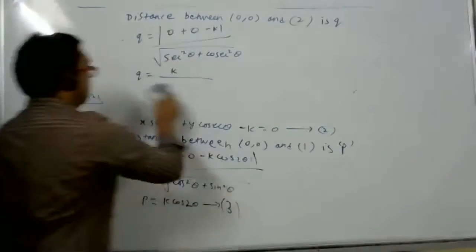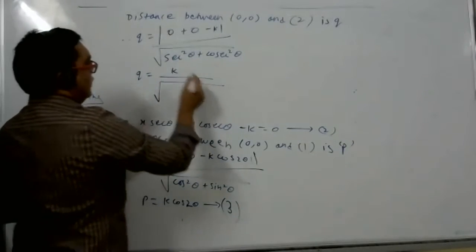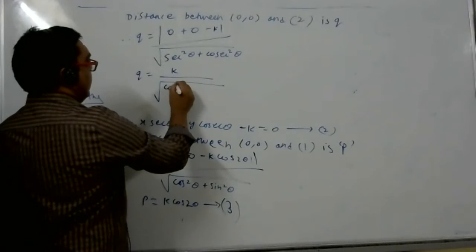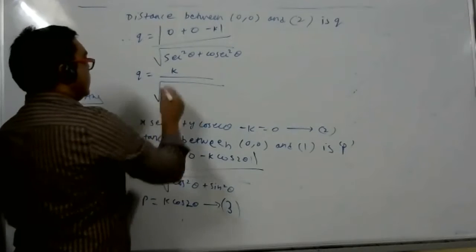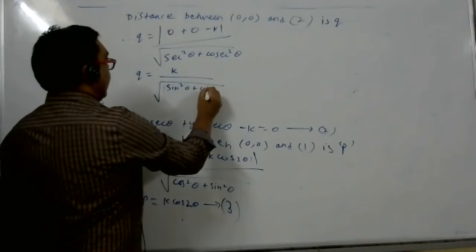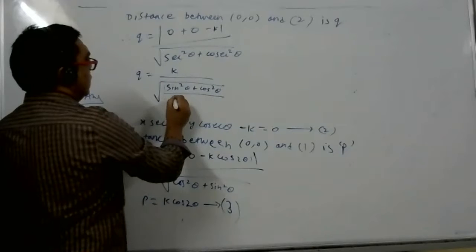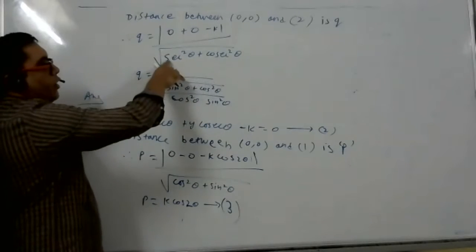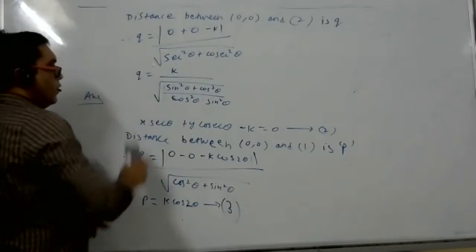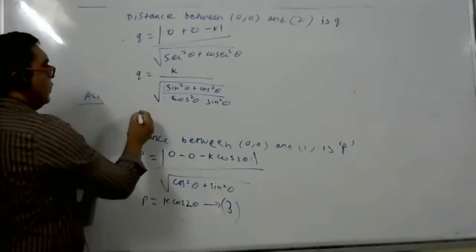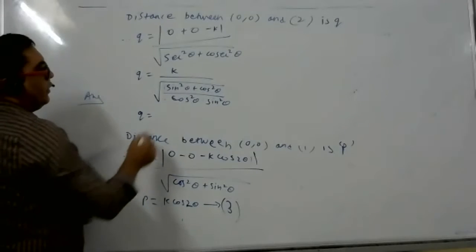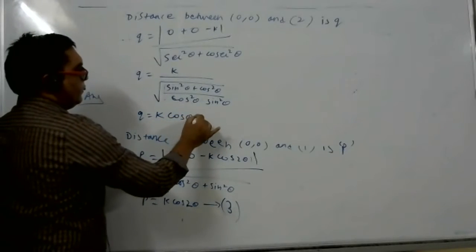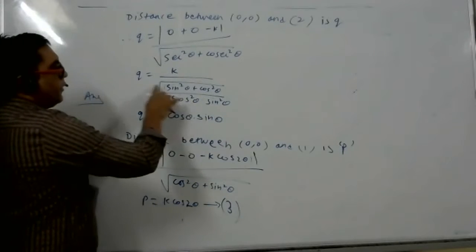So we can make it as 1 by cos and 1 by sin. If you change into sin and cos, what will happen then? K cos theta sin theta, we will write directly, over cos square theta plus sin square theta, into LCM also I took. Is it okay? Yes, sir. See, write this as 1 by cos square theta, 1 by sin square theta, take LCM. So how much did we get then? Tell me. Q is equal to K cos theta sin theta. The square root cancels. This is 1 only.